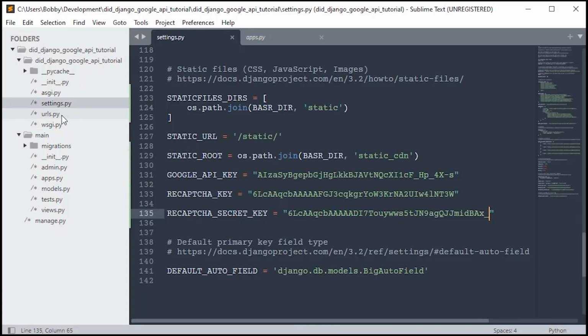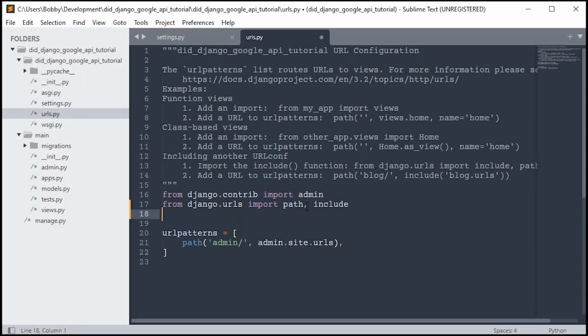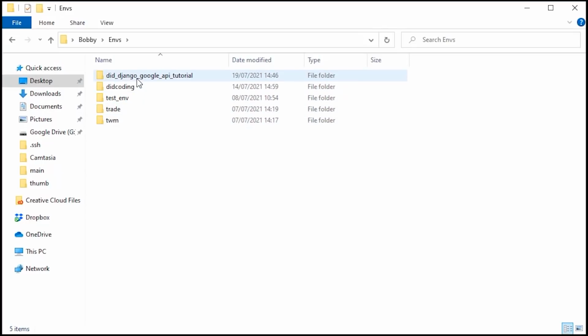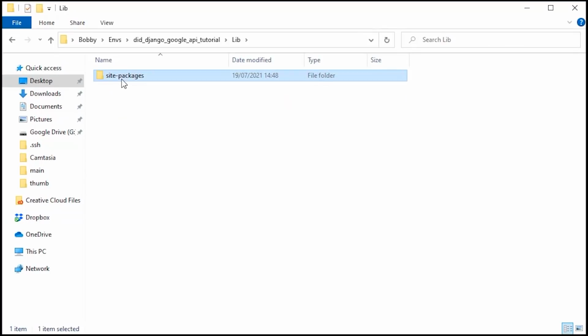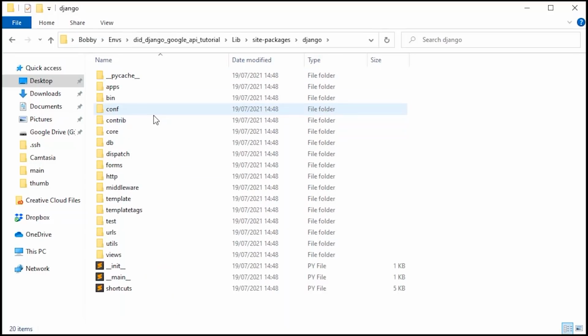The next change is in urls.py. And what we need to do in this file is after path, we need to bring in include. We need from django.conf. Now, when I'm referencing Django directories, I'm quite literally referencing them in the env file. So we'll go back in here, lib, site packages. Remember when we were setting up the virtual environment, if we now go into Django and in the project here,